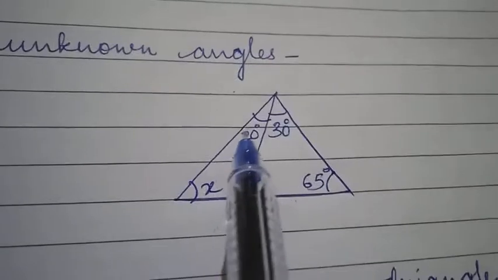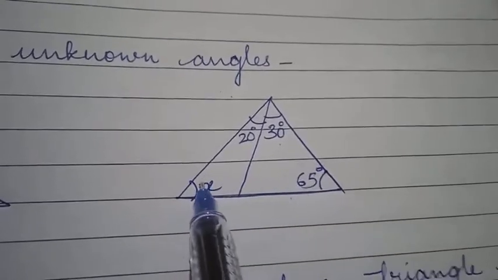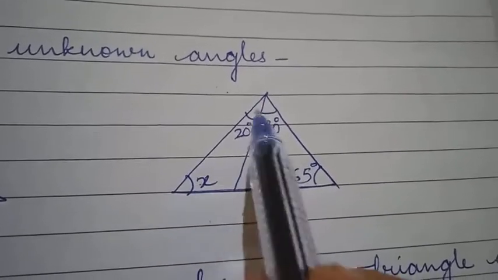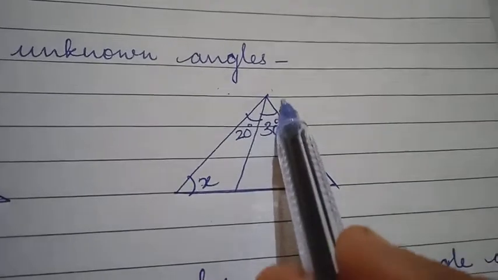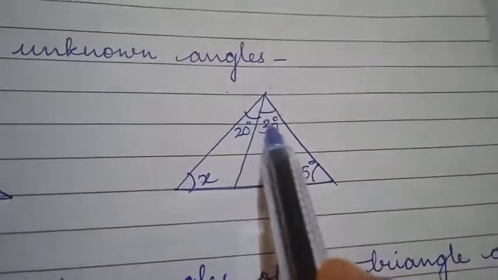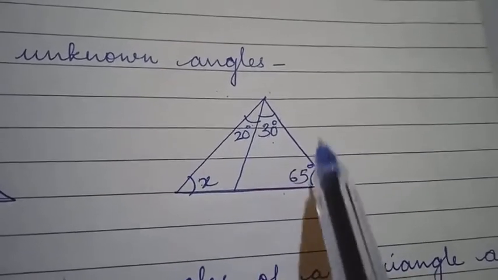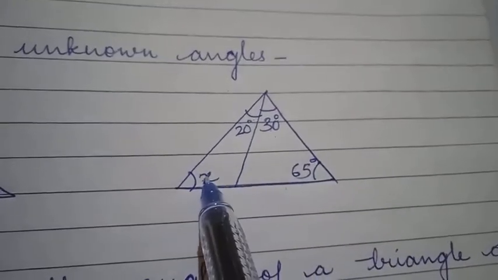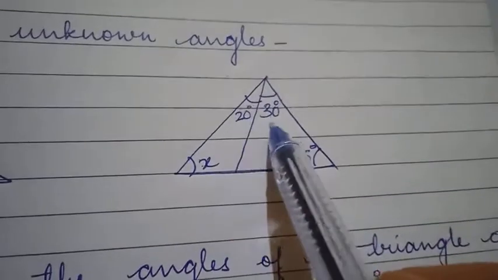You can see here 20 degree, 30 degree, 65 degree and X. So here X is the unknown value. So what I'll do is I'll just make this as one angle. I'll consider this as one angle. Okay. So 20 degree plus 30 degree plus 65 degree plus X degree is equal to 180 degree. Now you will say, why have you taken both the angles? Because I am considering